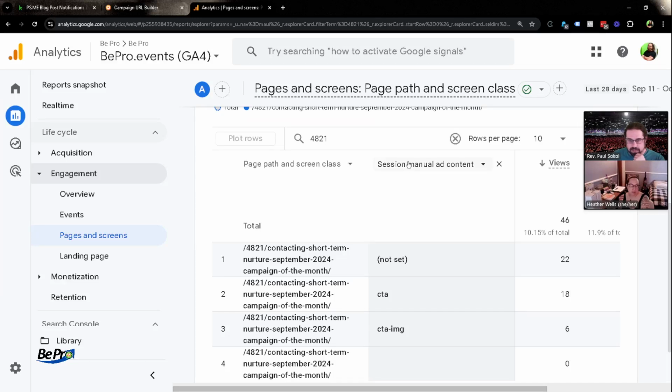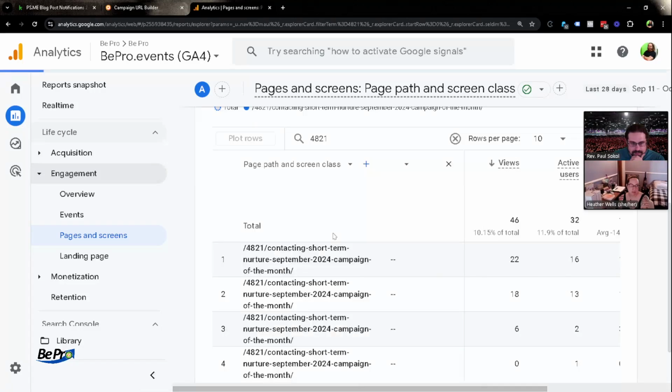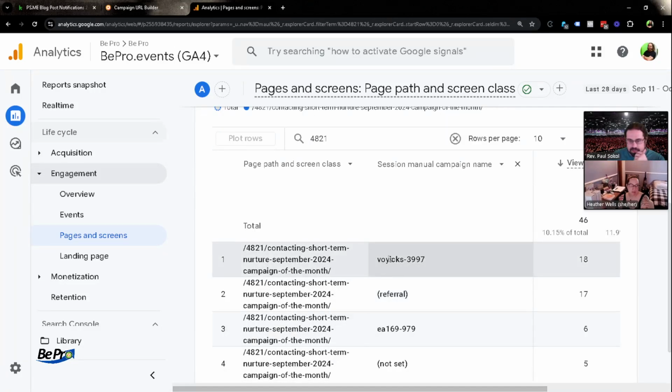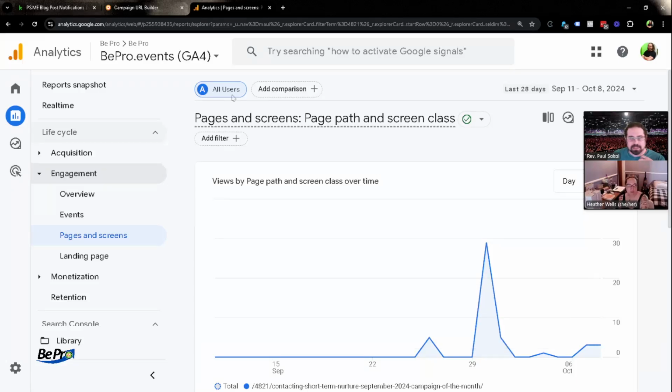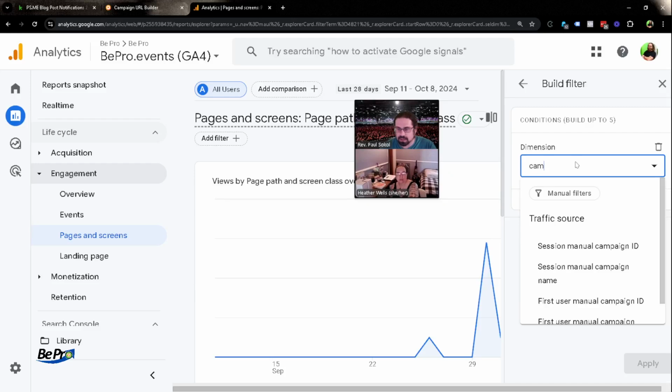So I'm going to go back to the campaign name here, because there is a distinction between the 2 apps. So by default, if we scroll all the way up, Google Analytics is looking at 100% of all traffic. So if we want to filter that, we can filter it in a bunch of different ways, including the UTMs. Oh, okay. I'm going to go add a filter over here. I'm going to move our thing here. Now we have our dimensions. So if I say the campaign name,